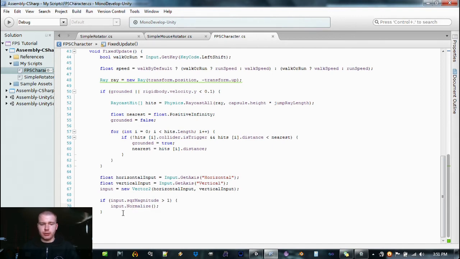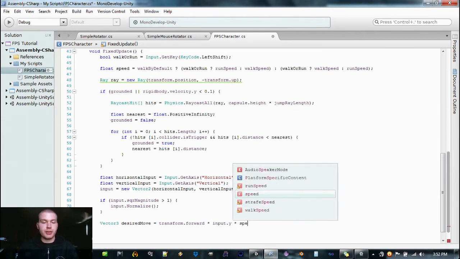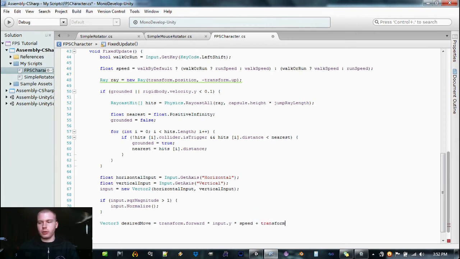Now we're actually going to move around a little bit. So first we want to figure out how much we want to move and in which direction. So we're going to create a vector3 and call it desired move, and it's going to equal our transform dot forward times input dot y times speed, and we're going to add transform dot right plus input dot x